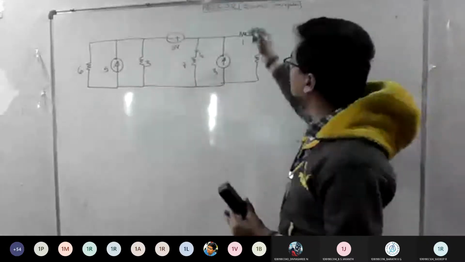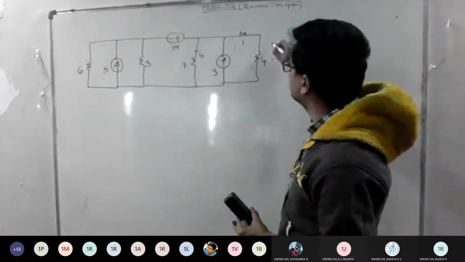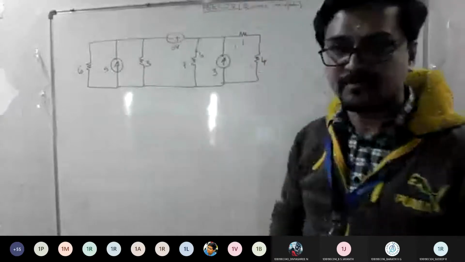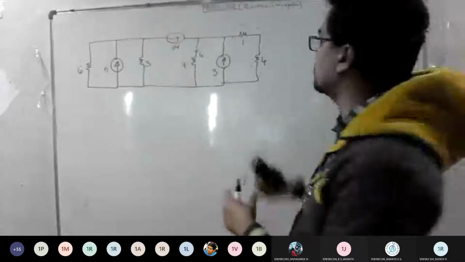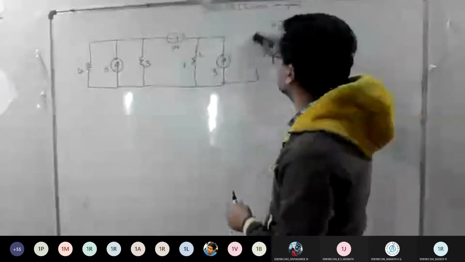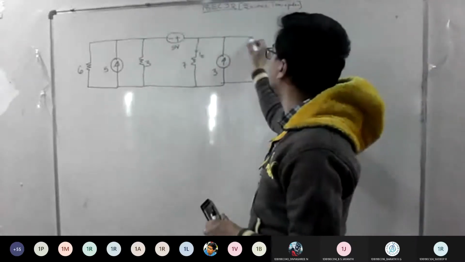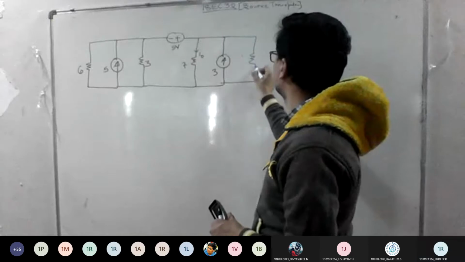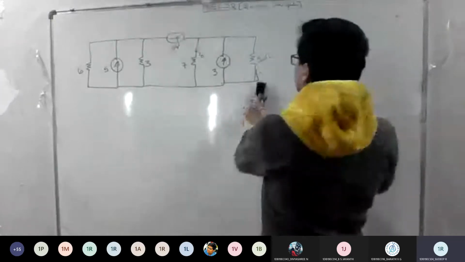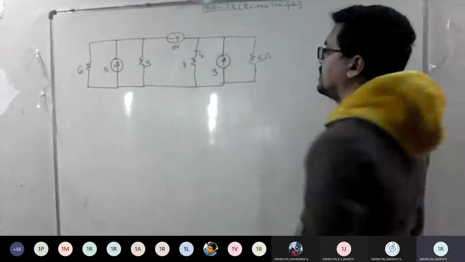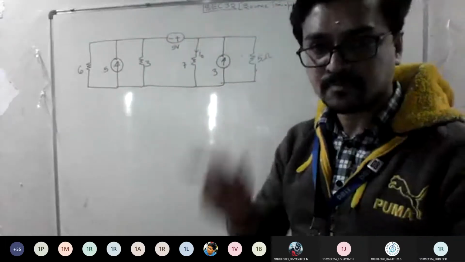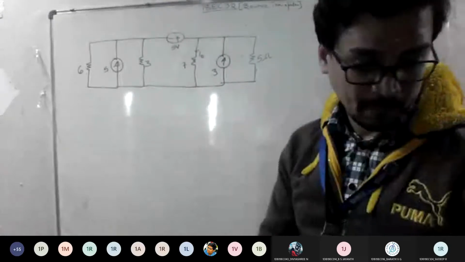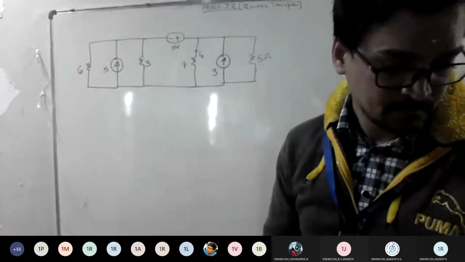Everyone got what I told? So this is in series, so I can reduce it to one. Agree? Yes. That is your step number 1. Eliminate this to a single resistor and write its value as 5 ohm. Done? Now think what you should do.